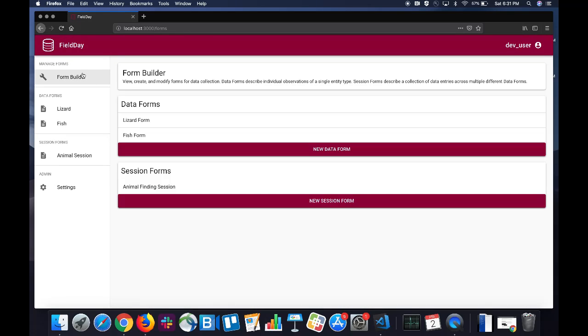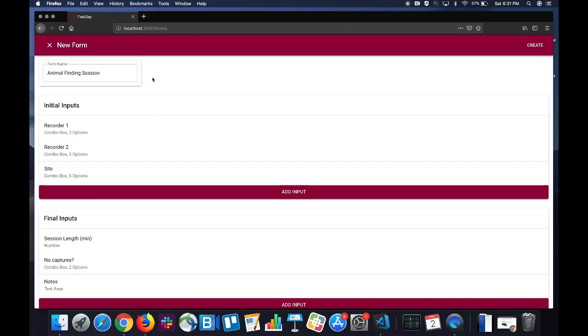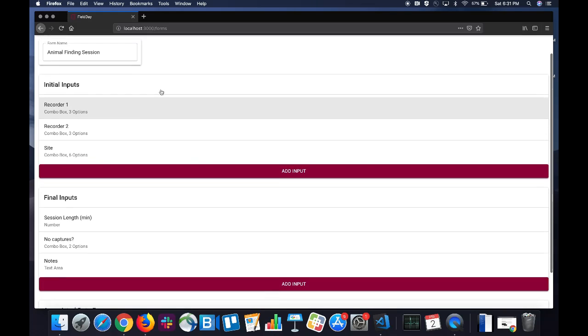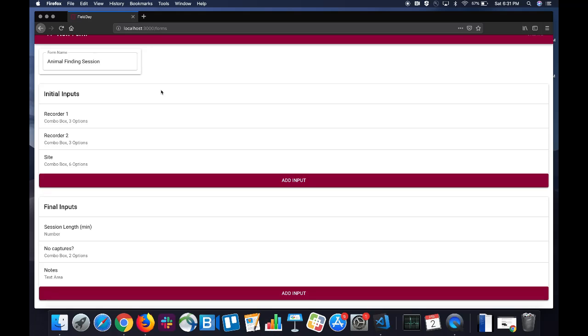The next change that we implemented in this sprint was the addition of initial and final entries for session forms. So at a high level, what this means is that in the mobile application, when you are starting a session, when you first click what session you would like to start, it will show you a section for these initial